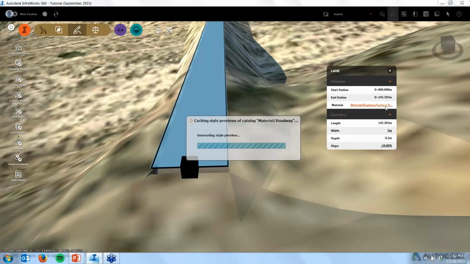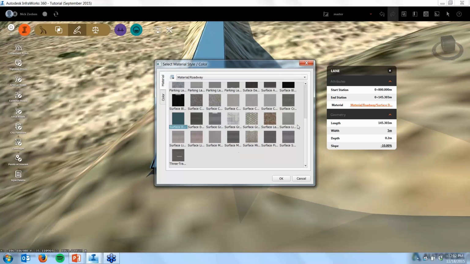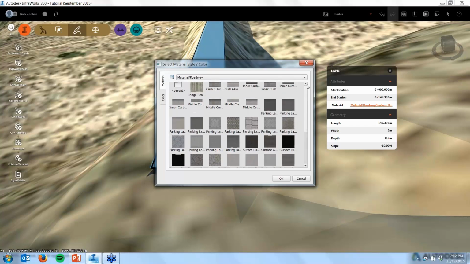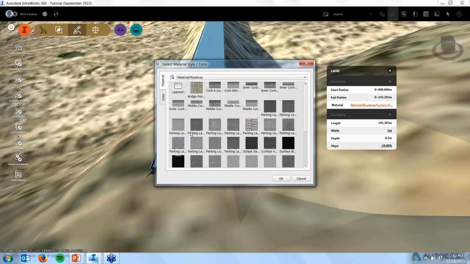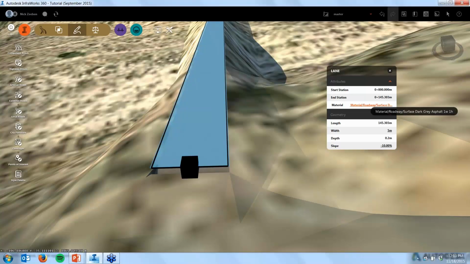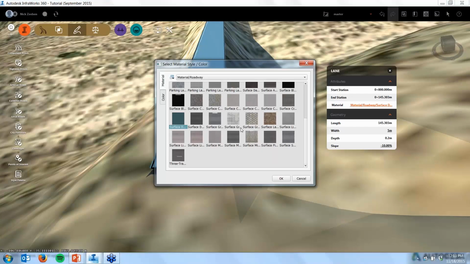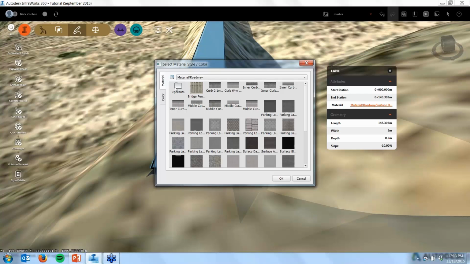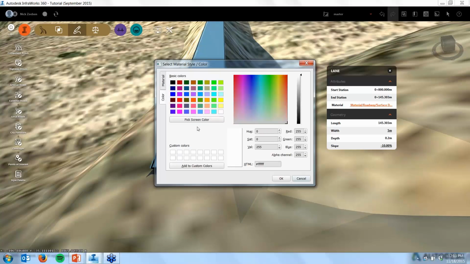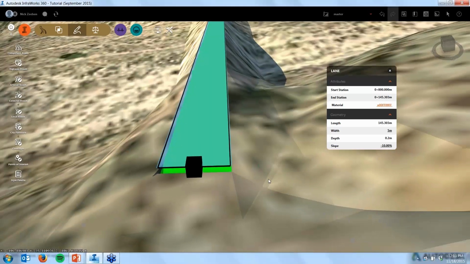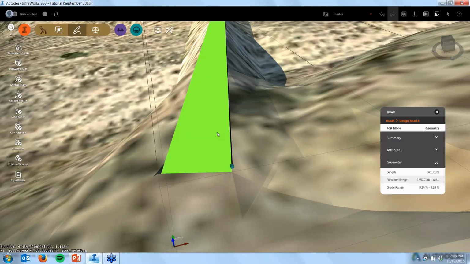If, for example, I didn't like the stock lane material that we have applied, which is dark gray asphalt, I could go ahead and change that, and I'll show you how to save off a different version of that. I'm just going to go with a bright green because it's super evident and demos well. So I now have a bright green lane,